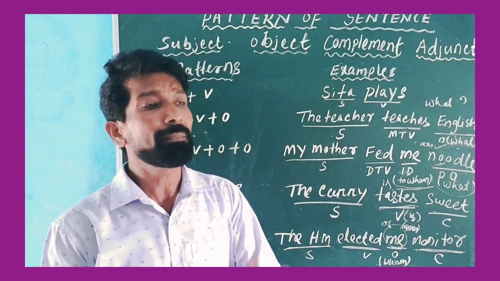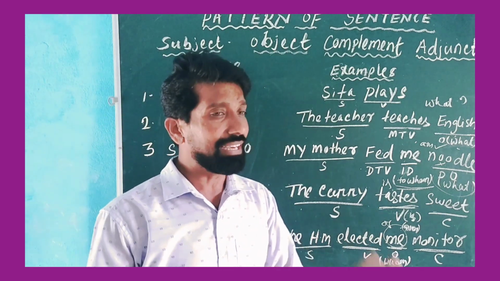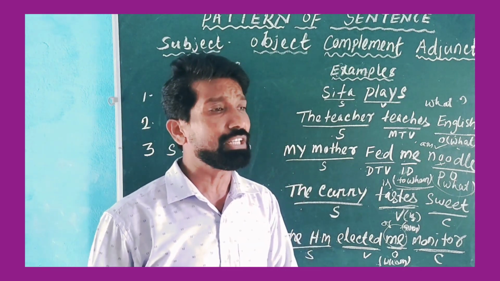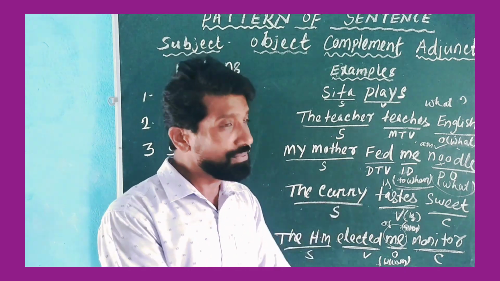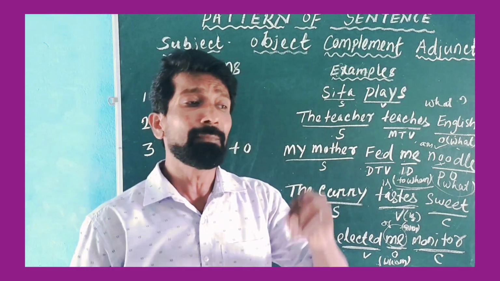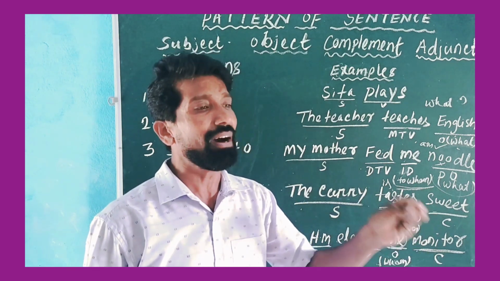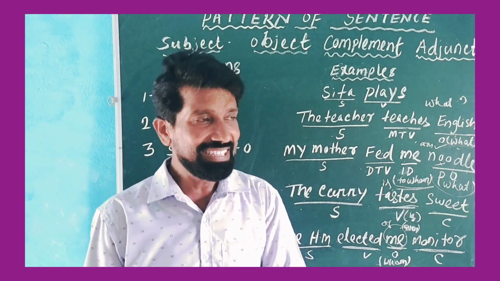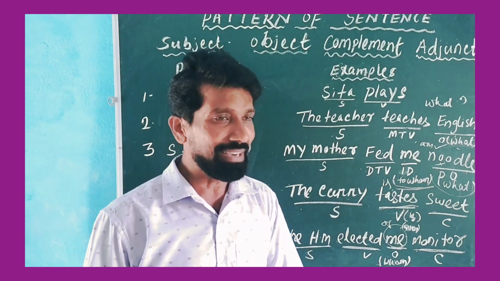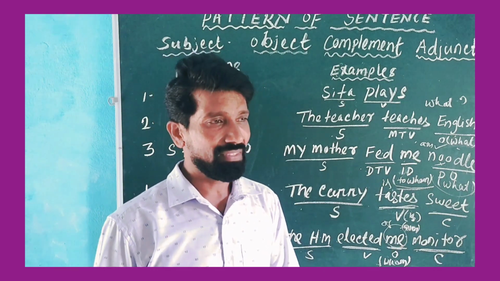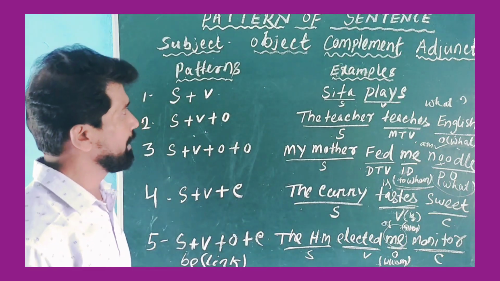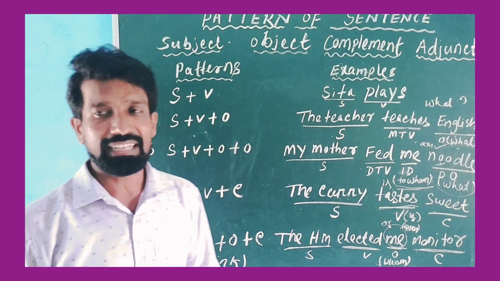So this is the linking verb or be verb. When you cannot find out, when you have difficulty finding the difference between object and complement, then you put the be verbs or linking verb here. If you put the be verb is or am here and the sentence is correct, then you think that it is a complement, otherwise it is an object. Okay, understand? Then come to the next part.